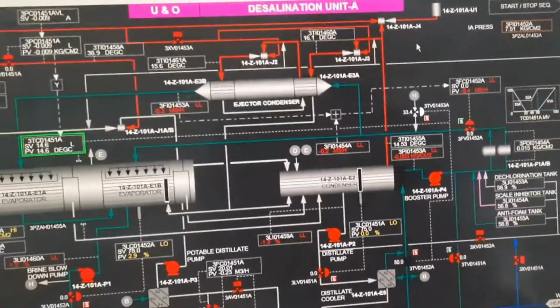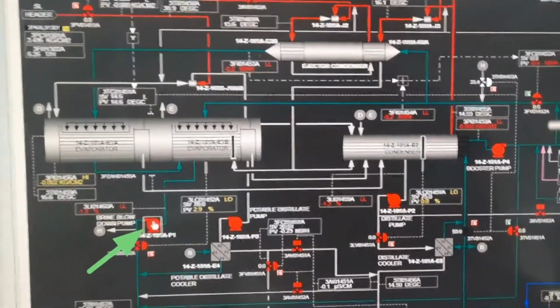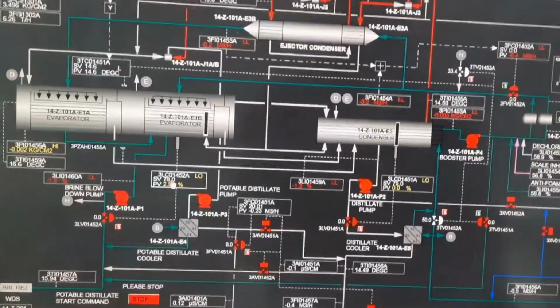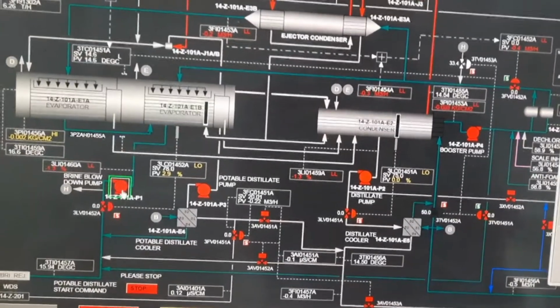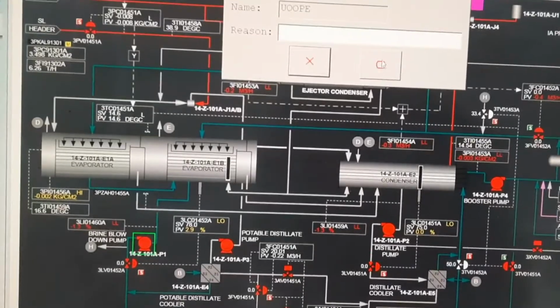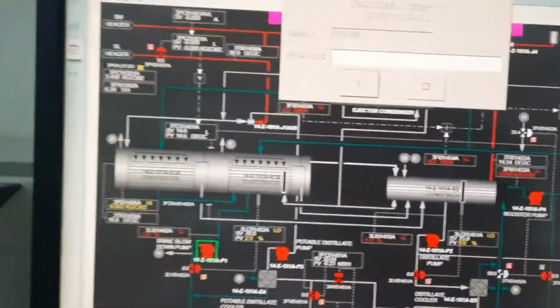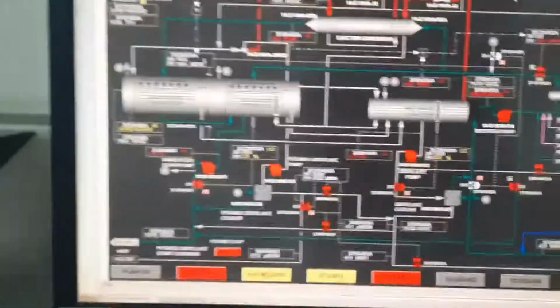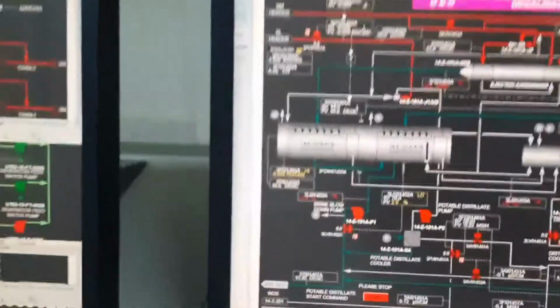So after opening this recirculation valve, you need to start the brine blow down pump, the P1 pump. You will start the P1 pump from the DCS side. If you give the start command and click, this pump will start automatically.